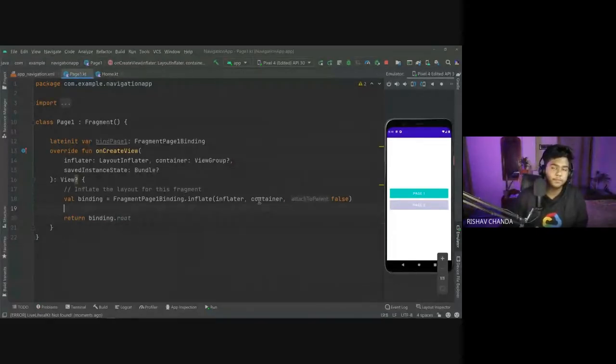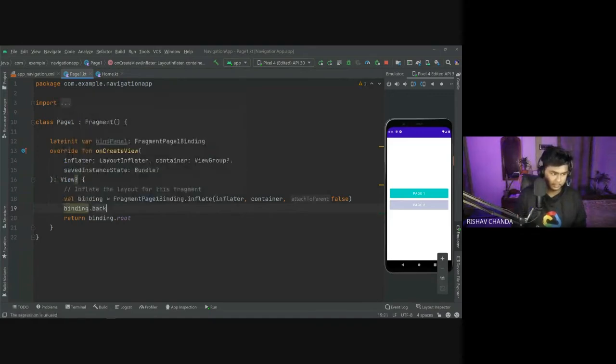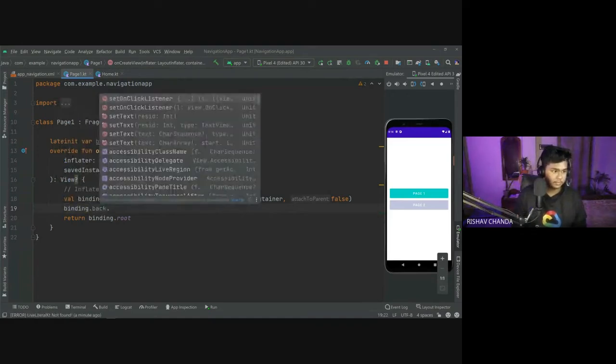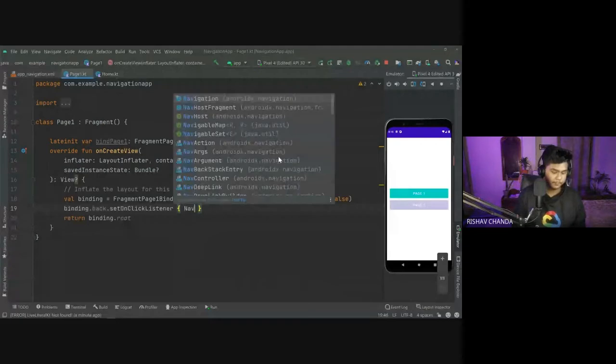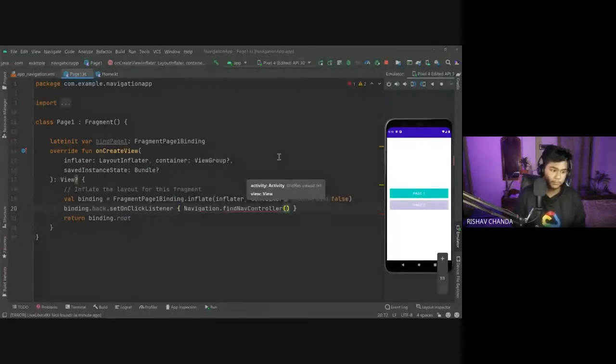Now what we have to do is initialize the back button through view binding, and we will set the same navigation thing for back tracing. So I would write binding dot back, the id was back, and then again a dot setOnClickListener, same thing, Navigation dot findNavController, same thing, give the view binding dot root,